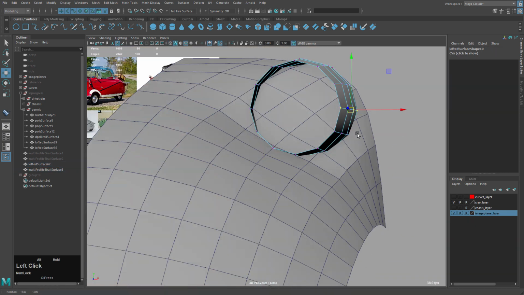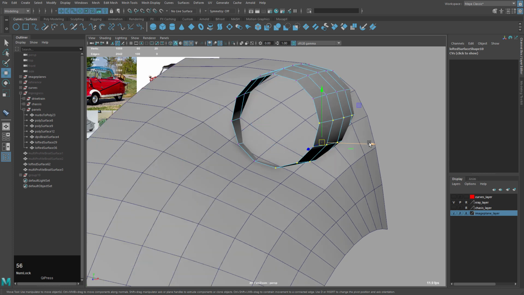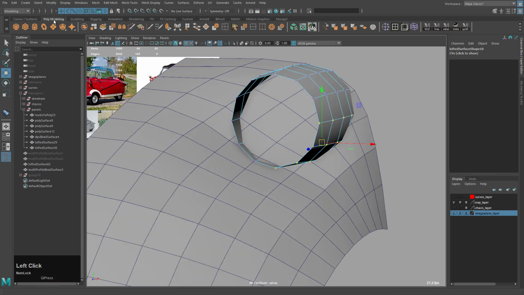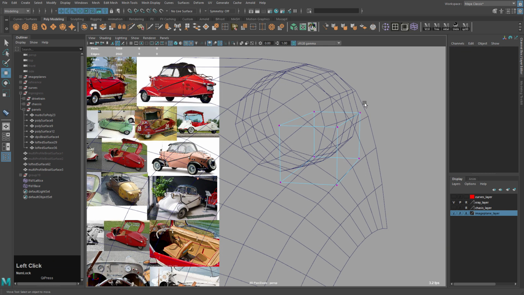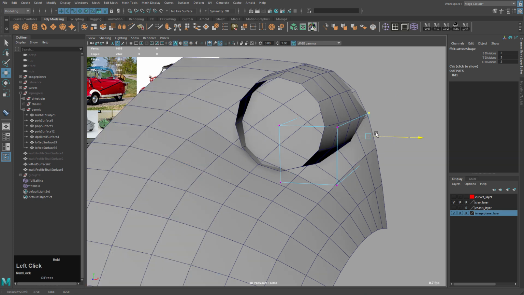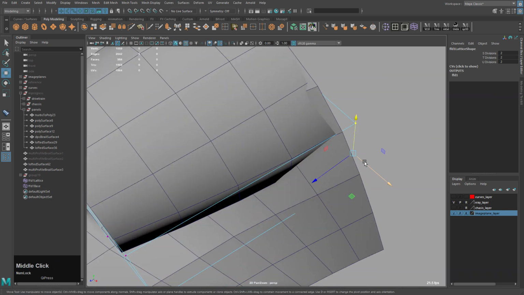I'm going to select a lattice around here on this half. I'm going to select these vertices and drop a lattice here. Then I can select these points here and drag them out and try and meet this vertex here.